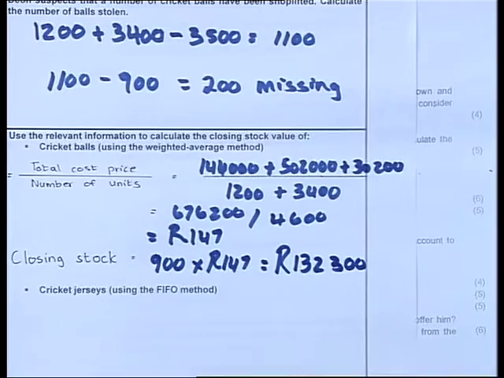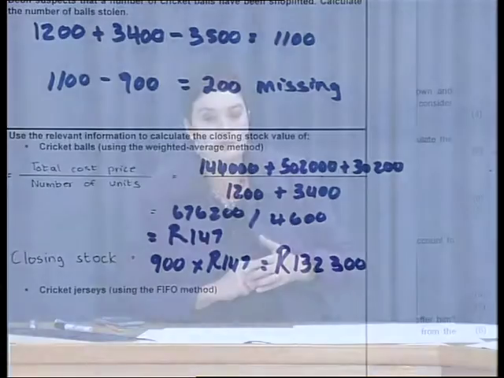Okay, I've actually just thought of something. Remember, one of you asked me in the previous question, what about the balls getting stolen? Why don't we now deduct that from here? Because for the periodic inventory system, that will have an influence on your gross profit, and you will only see the effect it has there. So you don't deduct it here. You still look only at the units available for sale that you purchased plus the opening stock, divided by the